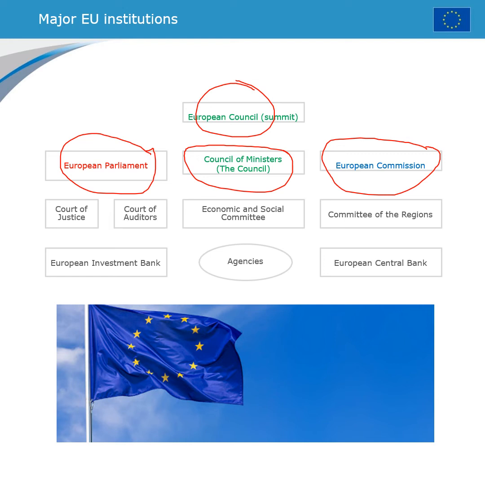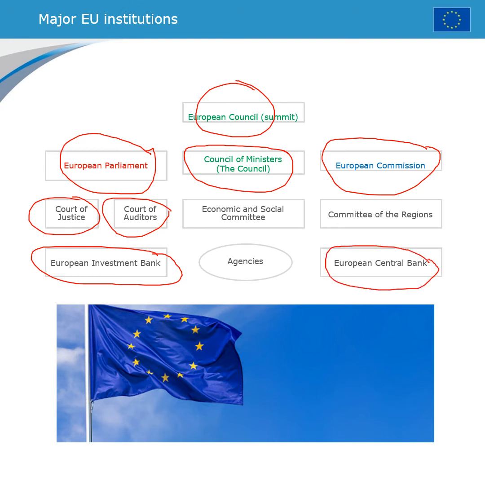And there are many, many other European institutions, just a few. There's the Court of Justice, Saiban, so the Court of Auditors. That's the people who check finances in order that nothing goes wrong there. We have the European Investment Bank, which lends money across Europe to businesses and also to countries. And then we have the European Central Bank, we talked about it, that guarantees the money, the euro, and other agencies, committees, and so on.